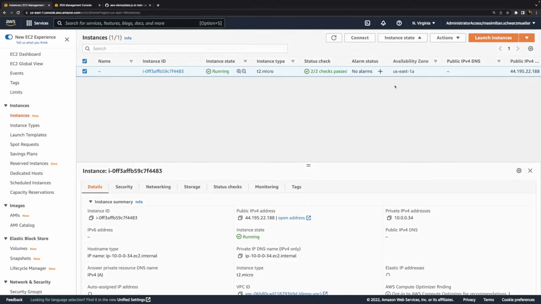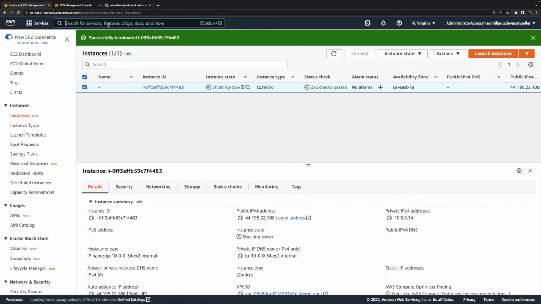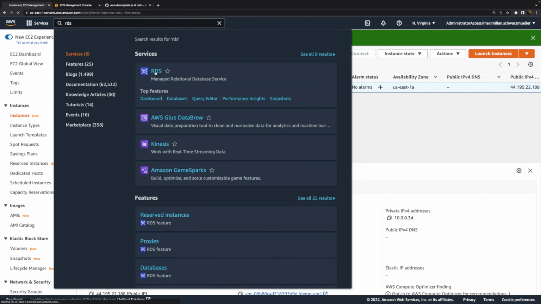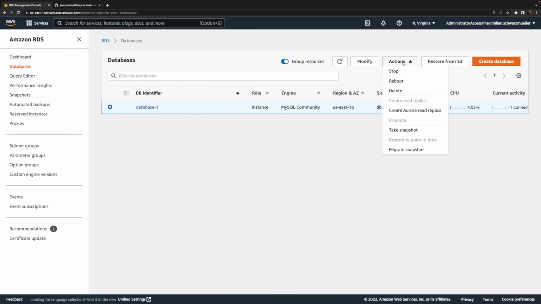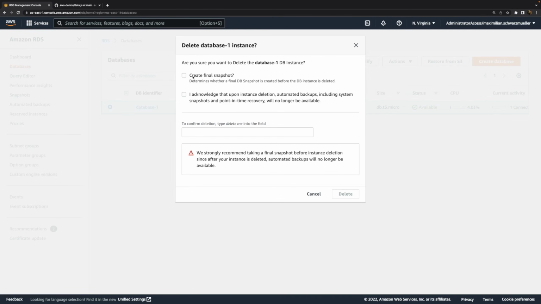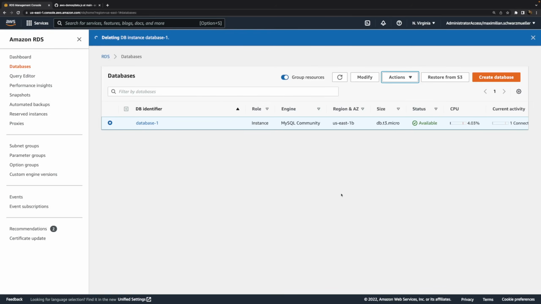Now, to clean everything up, I'll terminate this instance, and then I'll also go to the RDS service page and get rid of that database instance so that we're not paying for that anymore. It was part of the free tier, but I want to make sure that I don't forget about it. Hence, we can select that database instance and delete it. We could create a final snapshot to save the data so that we could recreate the database based on that data in the future, but here I don't need that. Hence, I acknowledge that my data will be lost, and then I delete this RDS instance. This will take a couple of minutes, but thereafter it will be gone, and with it, your data. But that's how you can get started with the RDS service.